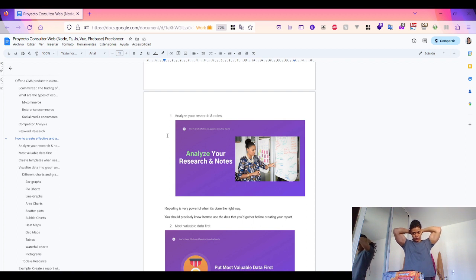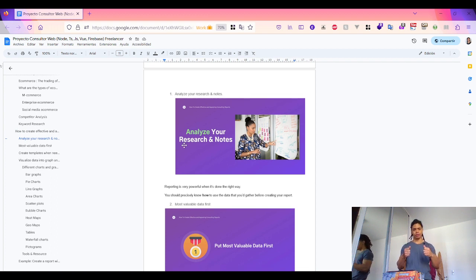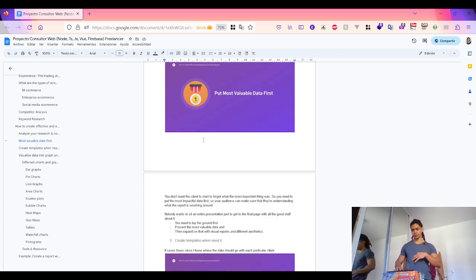because reporting is very powerful when it is done the right way. You should precisely know how to use the data before creating your own report. By putting the most valuable data, you make the client know what's going on, so they don't forget what the most important thing was. And you lay down the foundation, you lay down the ground, show the most important and most impactful data, and develop, okay,